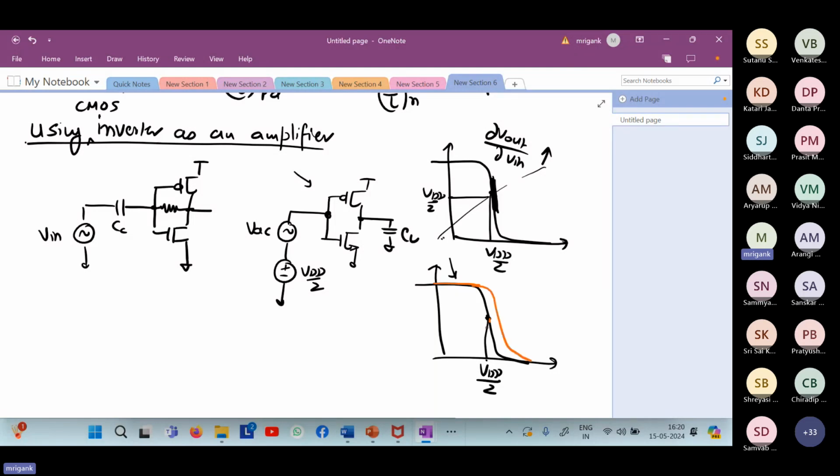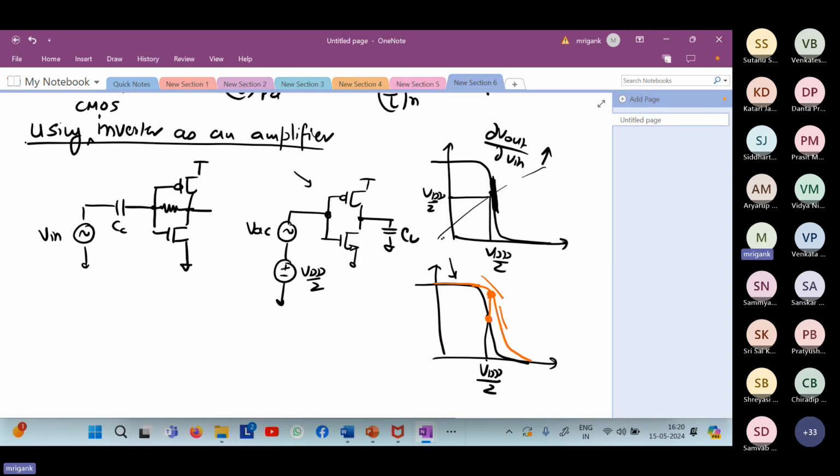Now you had assumed that you're biasing it in the high gain region, but it ended up here, which is a very poor gain as compared to the ideal gain. Therefore, it is not going to be suitable. It is not going to be robust. If you design 10 such amplifiers, amplifier 1 will give you a different gain, amplifier 2 will give you a different gain. All of them will give you different gain depending upon the small variations in the VT.